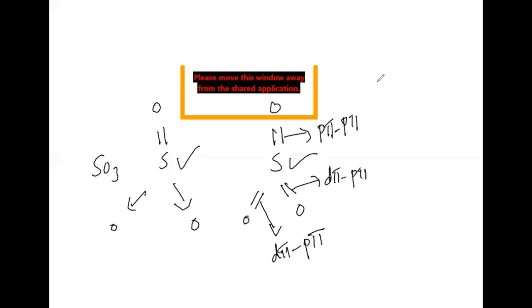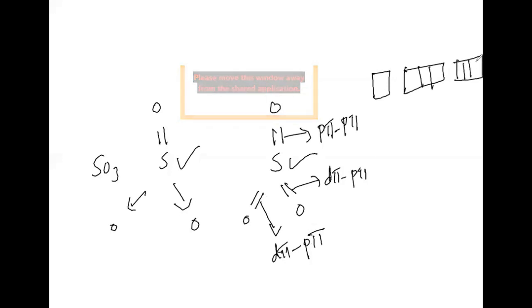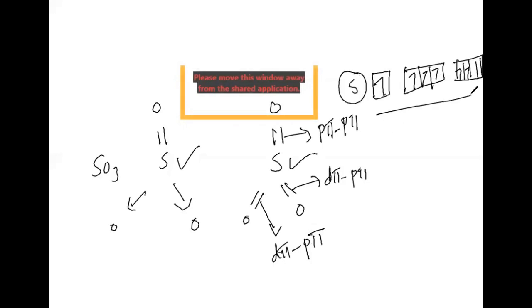Understood this? How I'm writing this? Now 3s to 3p4, no? I'll be taking 3s, 3p4, and 5d. I am not taking empty here. Only we can take 1, 2, 3, 4, 5, 6. This is from sulfur. It is forming the 3 sigma bonds. These 3 will get over, and 1 p with another p of oxygen, another 2 d with p electrons, forms d pi p pi bonds like this. Okay, understood this? Now come to the important note of this particular one.